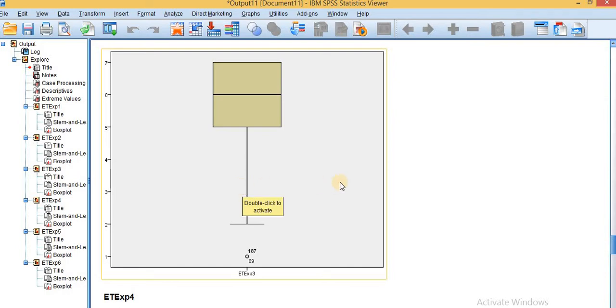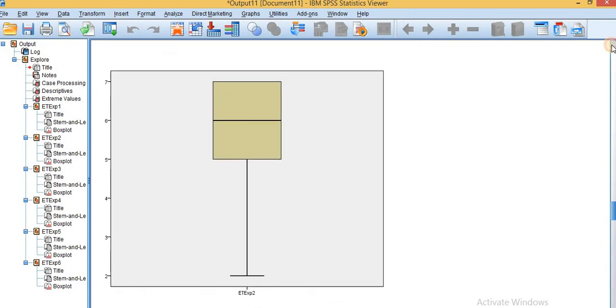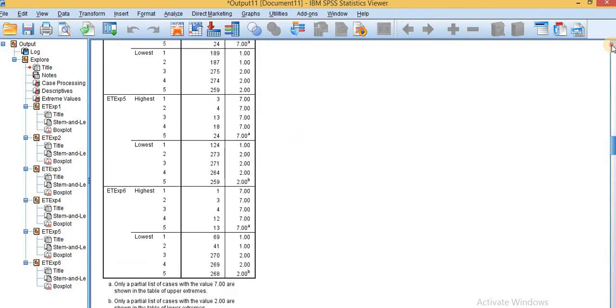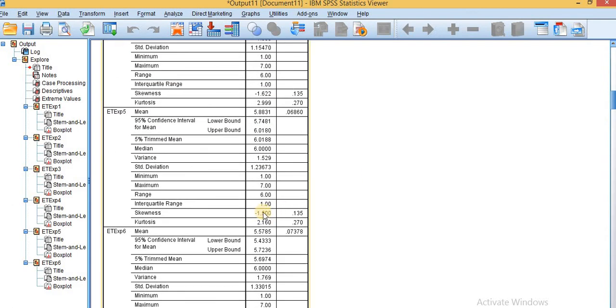So this is the reason I am requesting you to please delete the outliers one by one and then check your test again, that your values of kurtosis and skewness come under the threshold value. The value of skewness must be between plus minus 2 and the value of kurtosis must be between plus minus 3.